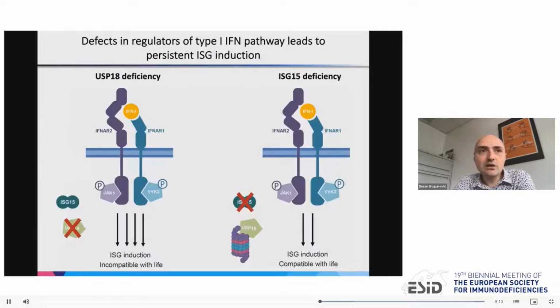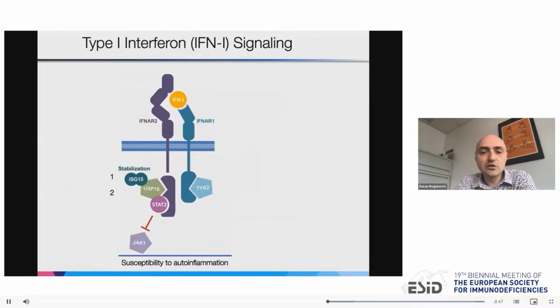Okay, so far I've shown you that USP18 deficiency is very stark, and it can lead to death through very, very strong induction of type 1 interferon response. Whereas ISG15 deficiency is much milder, it's compatible with life, usually self-resolving, and perhaps even protective against viral diseases. Okay, so I've told you the first 2 vignettes about ISG15 and USP18, and now I'm going to tell you about